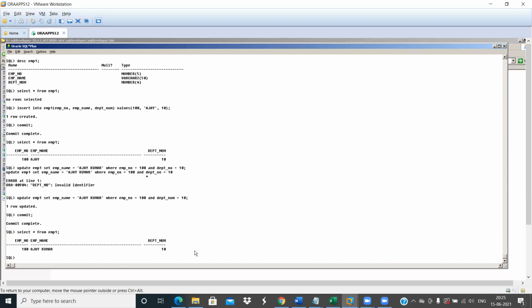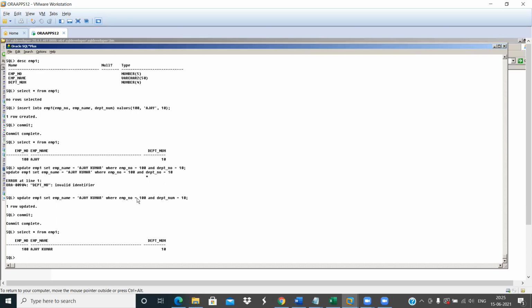So make use of this update statement. We have modified the employee information, the employee name, using the update statement by providing the condition.